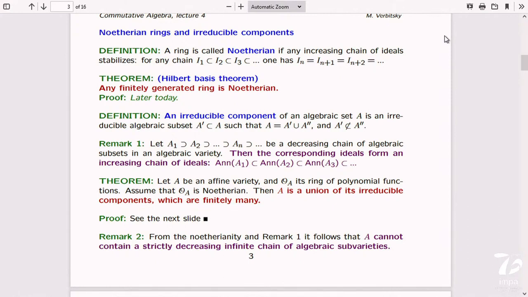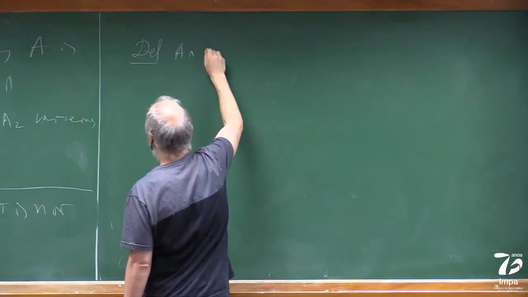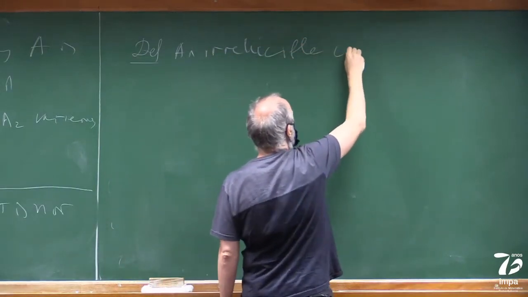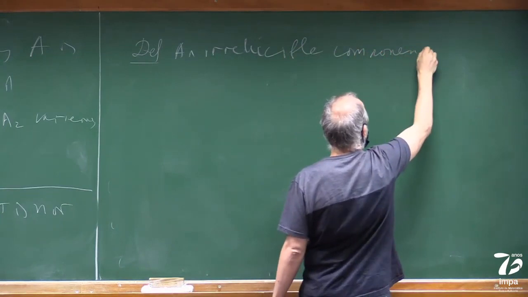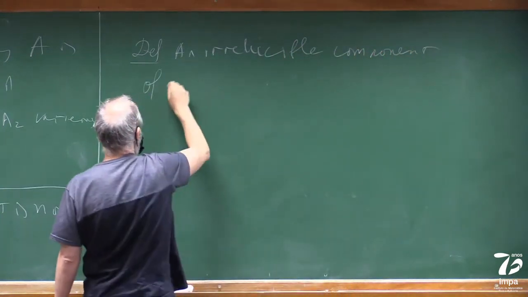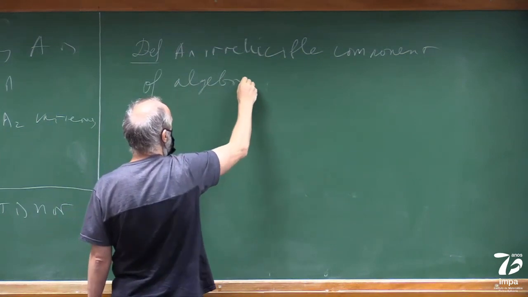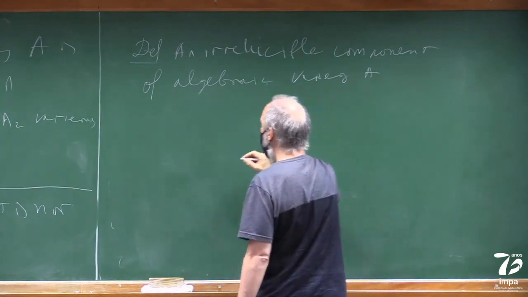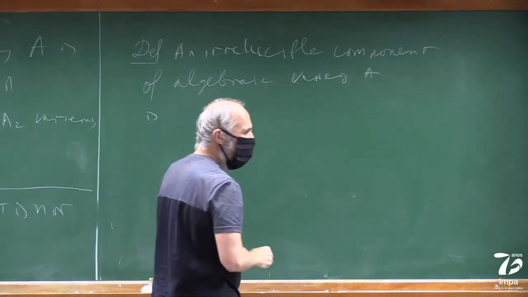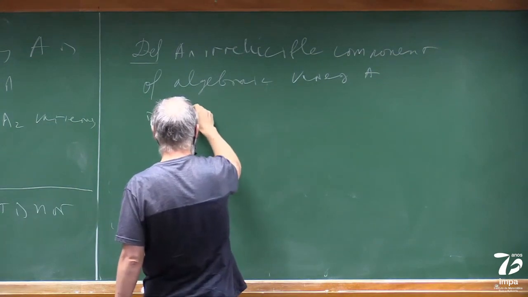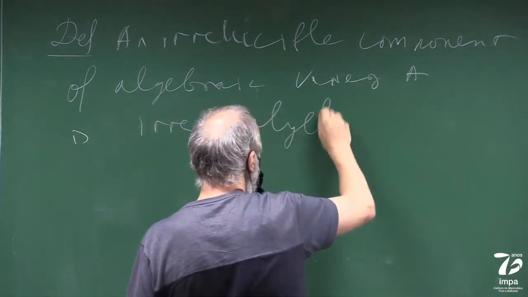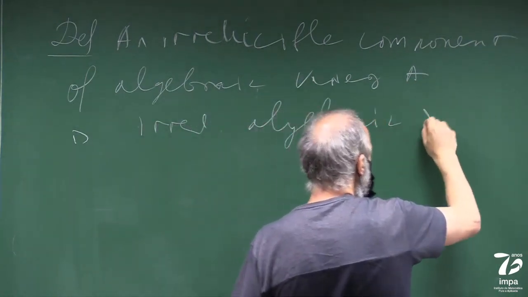So, definition: an irreducible component of an algebraic variety A is an irreducible algebraic subset A prime inside A,